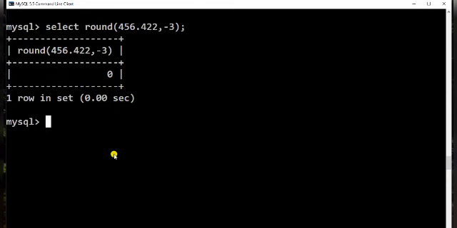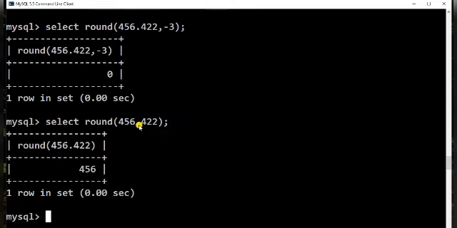Now if the second parameter is missing, it will round off to 0 decimal places. All the 3 numbers on the right will be rounded. 1, 2, 3, 4. How many numbers are these? These all will be rounded off. This is 4. So it will remain 456 only.